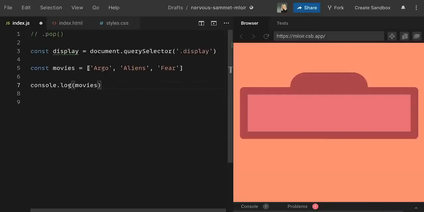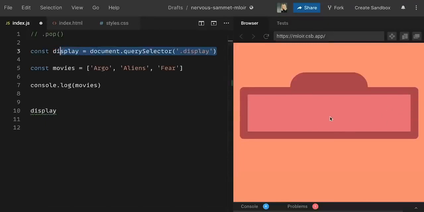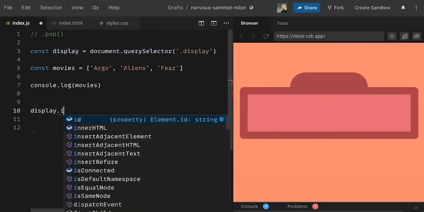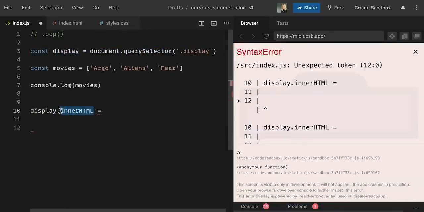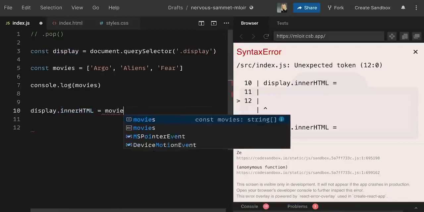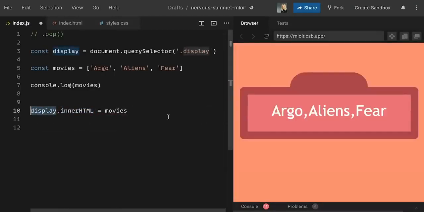Okay, now let's actually get to putting the movies into our display. So I'm going to use display. So I'm literally grabbing this. So we're grabbing the light coral square. This is actually a JavaScript property. So using innerHTML, I'm going to set the innerHTML of my div to be the movies. Okay. So we can now see the movies in our browser,